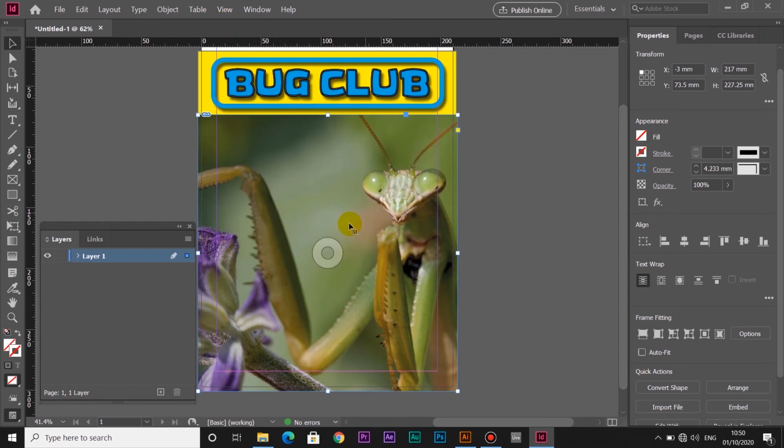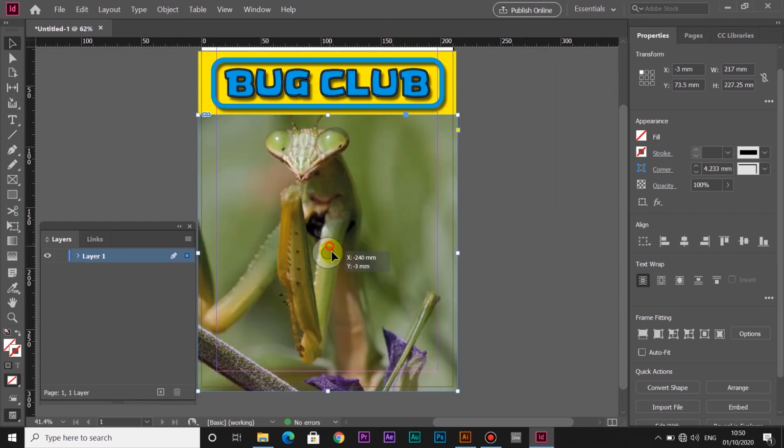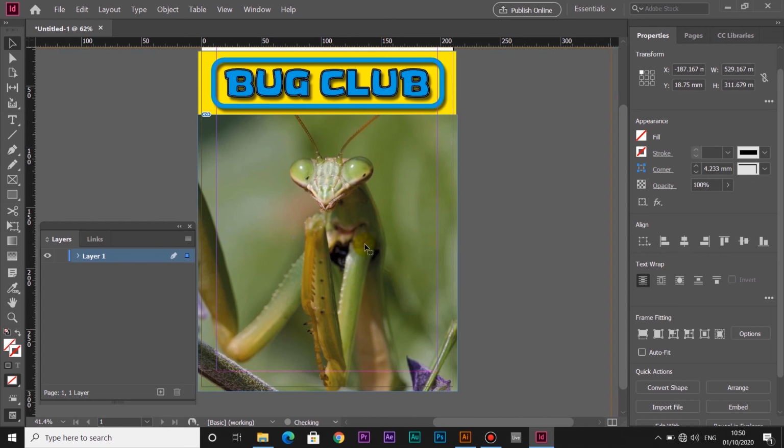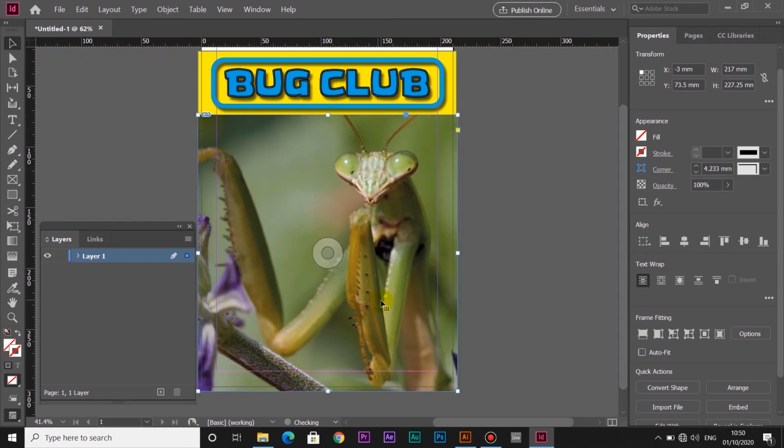Now when you move the cursor in the middle, you can see this circle comes up. This is the content of the frame, so this is the image itself. So if I click on that and then move it around, I'm moving the image inside the frame. I'm not moving the box. Now I'm going to zoom out